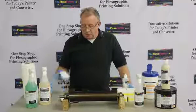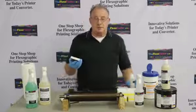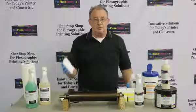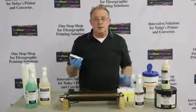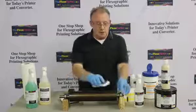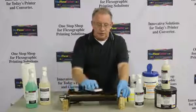So in terms of applying the product, a little goes a long way. The reason we recommend a sponge, our eraser sponge, is it holds the product. You don't need a lot. As you saw, I sprayed just a few drops onto the sponge, and when you apply it to your Anilox roller, you want to apply it across the face